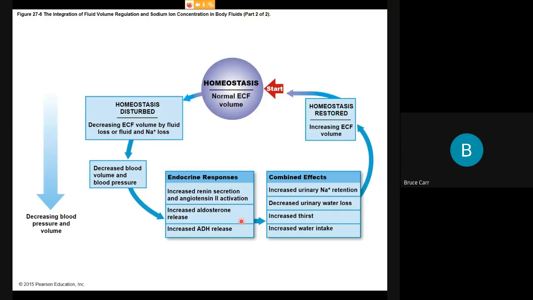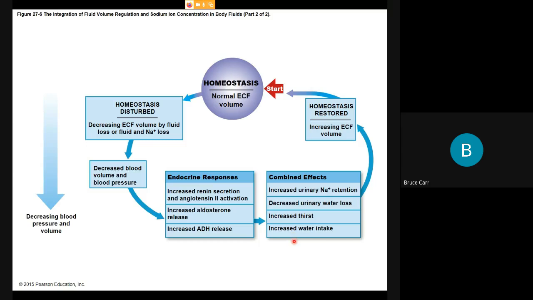The other way, decreasing blood pressure and volume, we have seen many times. And the ECF effect is fluid loss or your fluid and sodium loss. If you go too close to that bottom boundary of sodium concentration, you're going to see a drop in blood pressure and blood volume. This is where you get the renin, resulting in the angiotensin path to aldosterone and ADH, all of which have an effect on